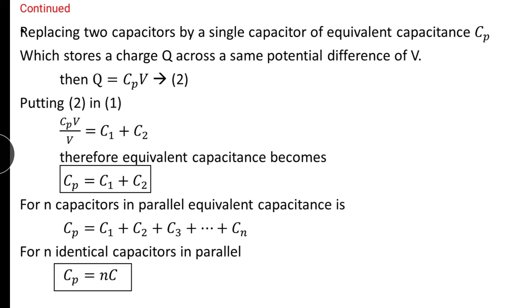In the series combination of capacitors, the effective capacitance is Cs is equal to C1 C2 by C1 plus C2. In the parallel combination of capacitors, the effective capacitance becomes Cp is equal to C1 plus C2, which means that in order to increase the capacitance by using two capacitors, we have to go for the parallel combination because Cp will be equal to C1 plus C2. In order to decrease the capacitance, we have to go for a series combination. In the series combination, the effective capacitance will be lesser than the individual capacitors. This is about capacitors which are in combination.